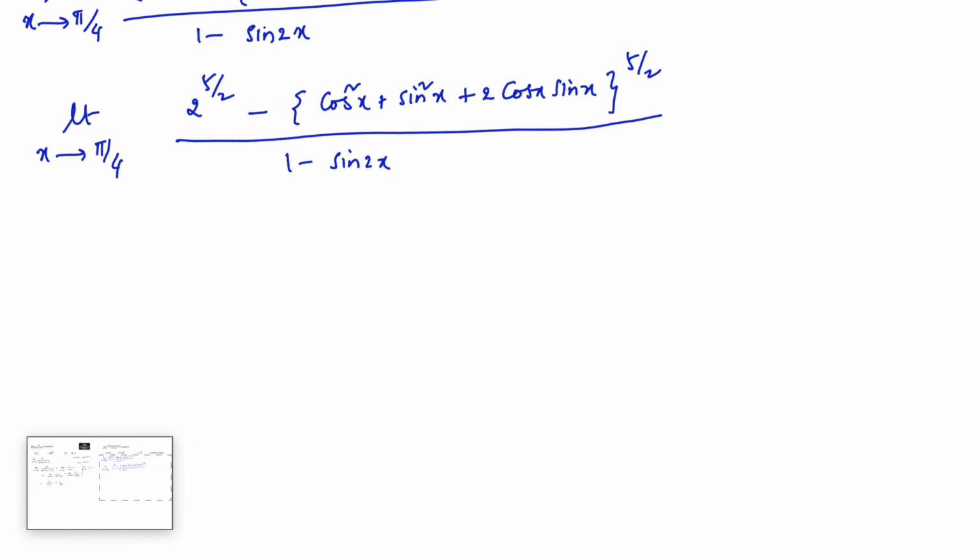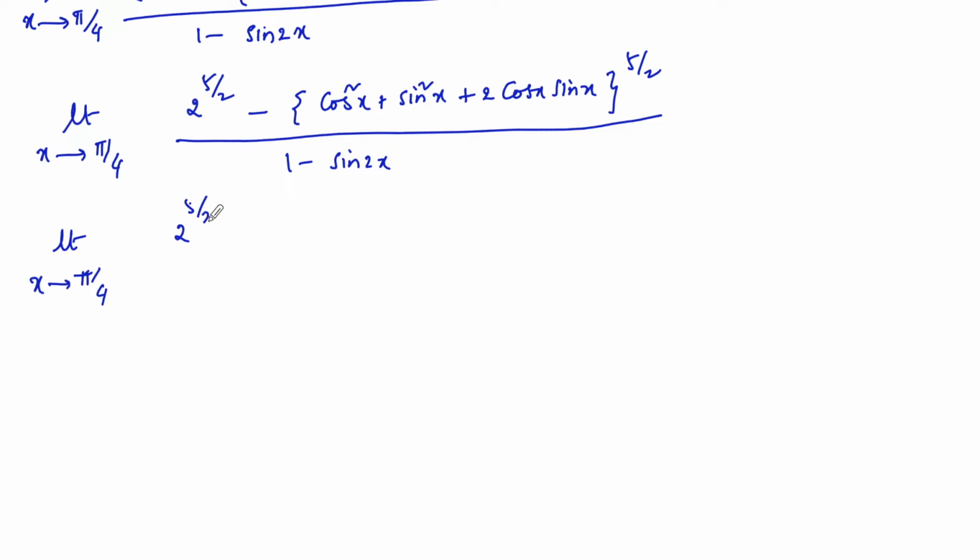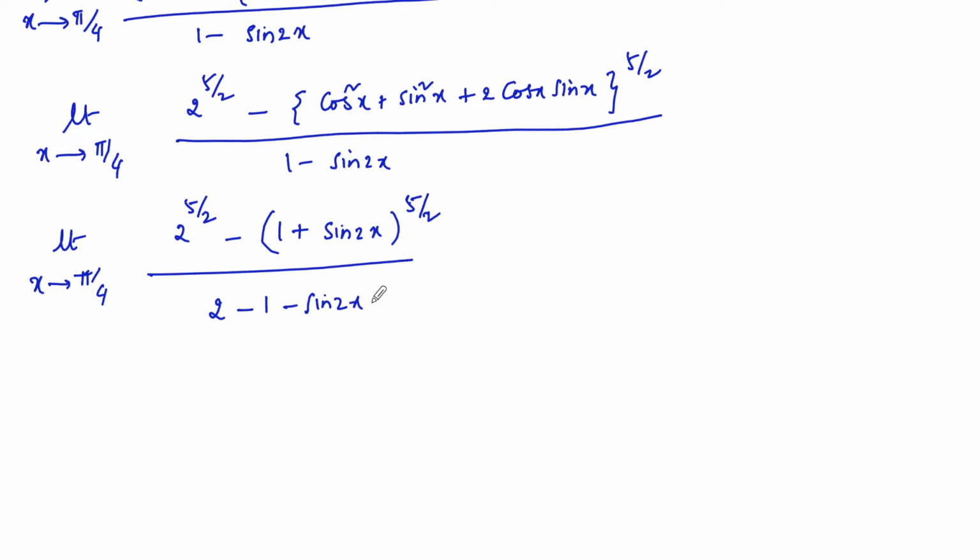So which can be written as limit extends to pi by 4, 2 to the power 5 by 2 minus cos square x plus sin square x plus 2 cos x sin x is 1 plus 2 sin theta cos theta is sin 2x. So we can add 1 plus sin 2x whole to the power 5 by 2 divided by, so here we can write it as 1, we can add 2 minus of 1 minus sin 2x we can write,